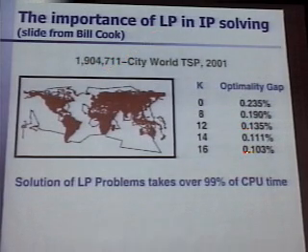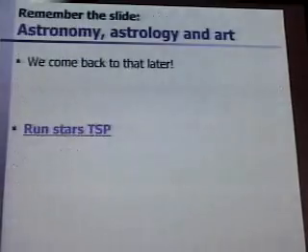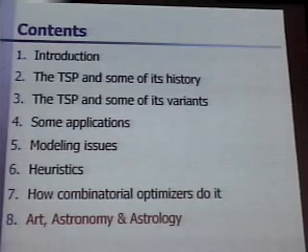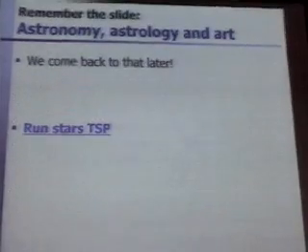They are down to 0.1%, and linear programming is the main driving force, and maybe in 10 years they have solved it. But what it shows is that there's a stable algorithm. I mean, this thing doesn't break down. It runs on 1,000 computers in parallel, and you can still prove in the end that this was optimum. Okay, now that's finished with how combinatorial optimizers do it. We come back to that later.